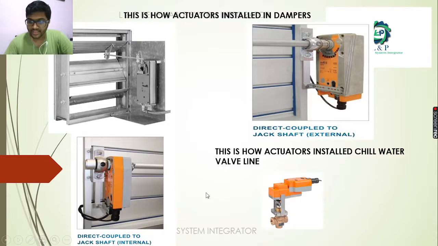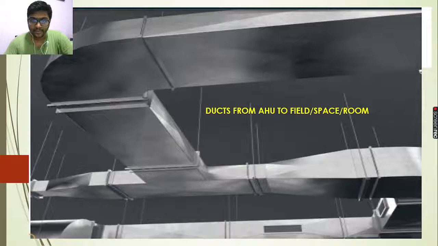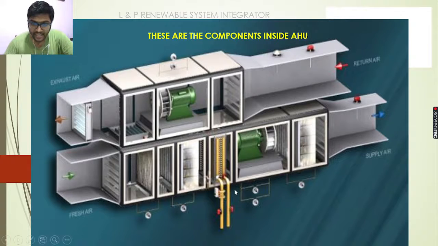So as I told in the previous photo, see here, this is the cooling coil in the return line to control the chill water. Because if there is no control, water will go inside and come straight outside, but we need some time for the air getting inside to cool, right? So it has to be there for some time to make that entering air cool. That's why we are controlling the flow in the return line, so that the water which is entering will not go outside at the same speed. We are controlling its flow through this chill water actuator.